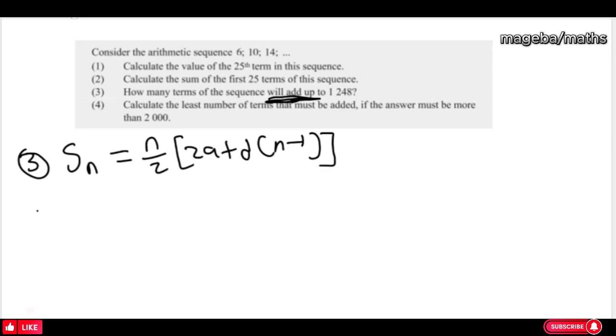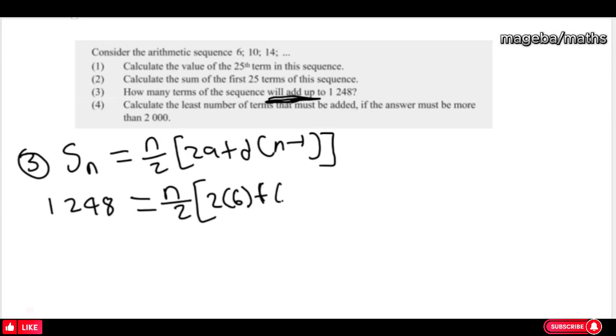They're saying we would add up to 1248, meaning how many terms, meaning we're looking for n. So into our a, it's 6, then plus our difference, which is 4. Remember we're looking for n. So now from here we will multiply by 2 both sides to get rid of these 2. So these 2 cancel these 2, and then we're going to have 2 times 1248,